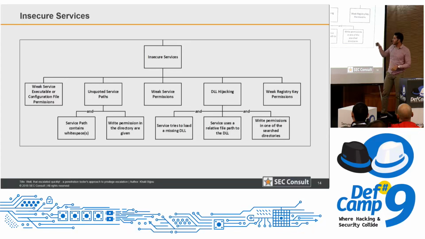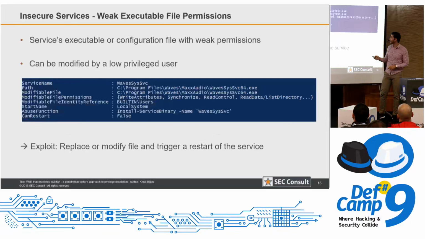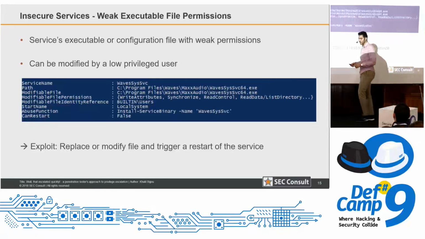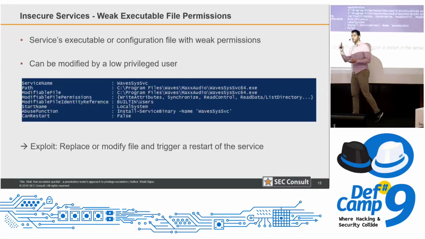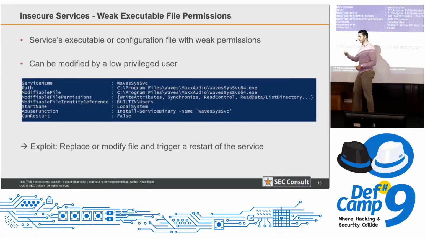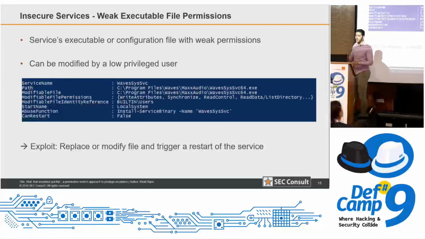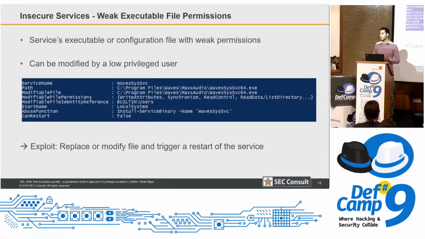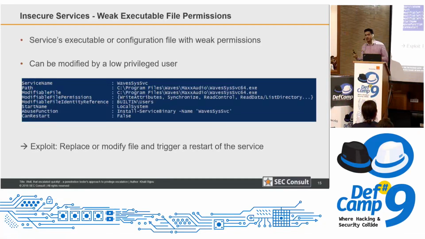As you can see in the third row, for instance, for unquoted service paths, we have again two conditions, and we will talk about it in the next slides. So the first method or technique is the weak executable file permissions. As we said, every service has an executable file that it runs. What we could try to search for is to find an executable file that runs in a high privileged service